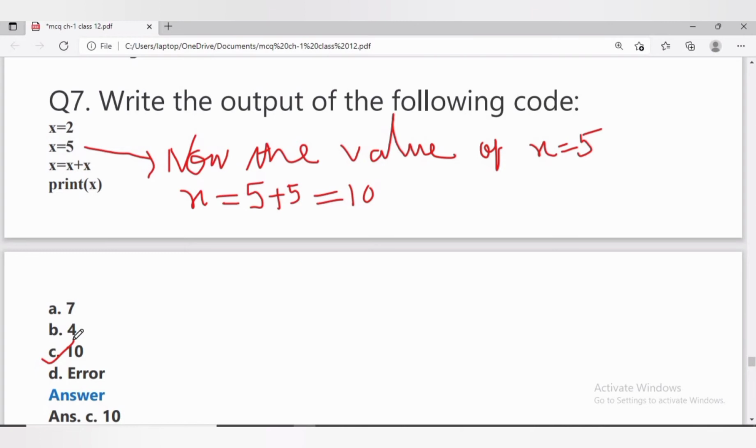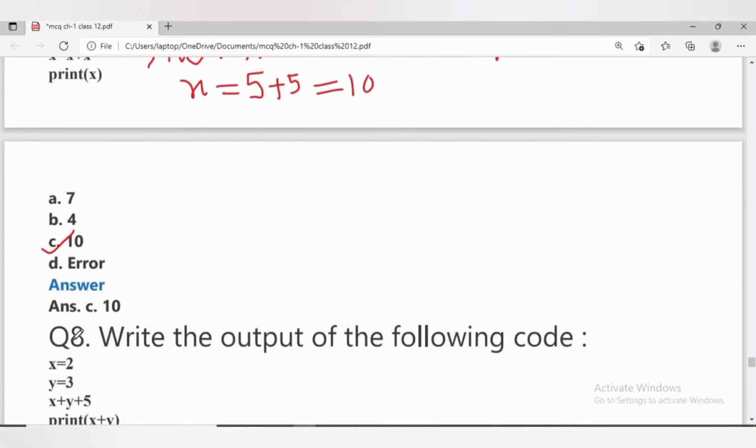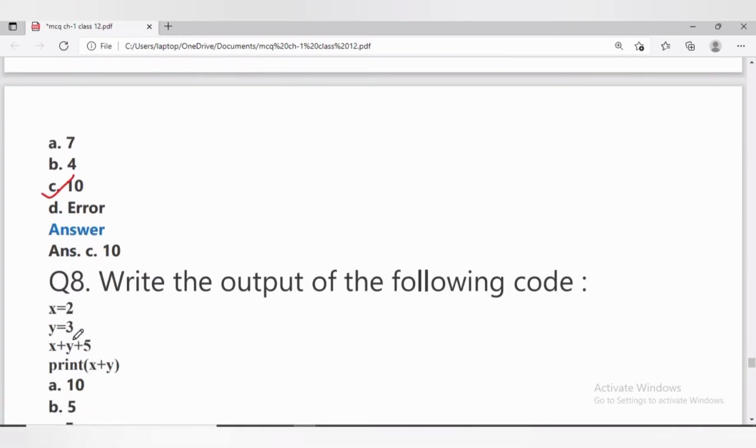In question number 8, write the output of the following code. Here x is equal to 2, y is equal to 3. Print x plus y will give 2 plus 3, which is equal to 5.